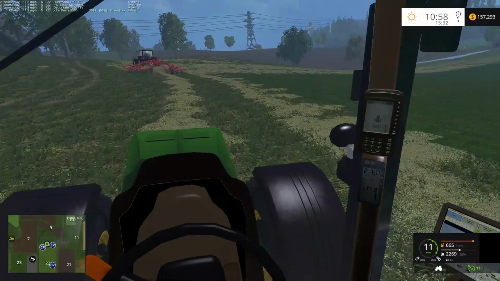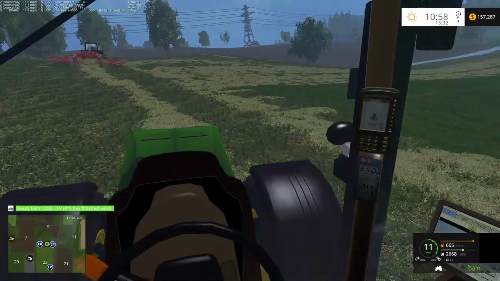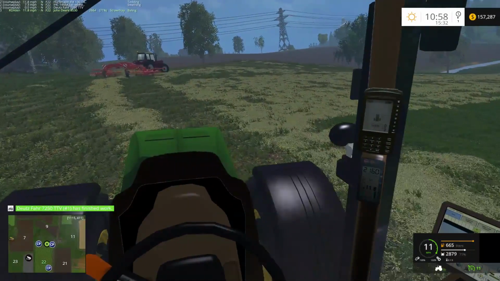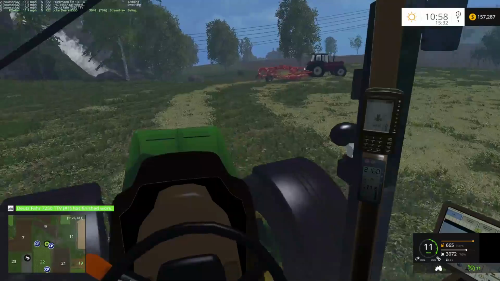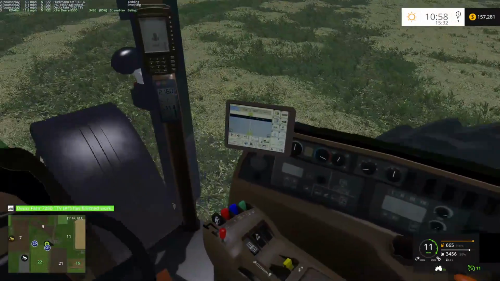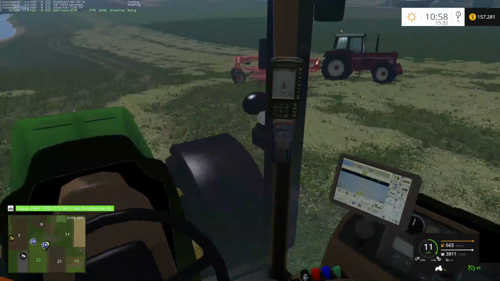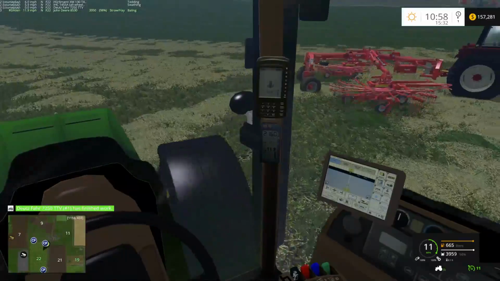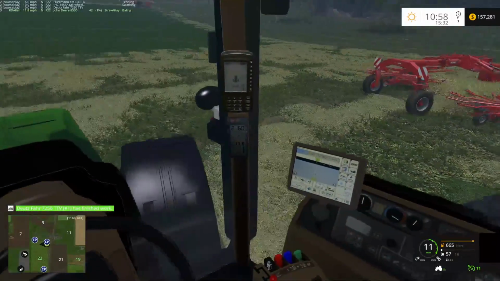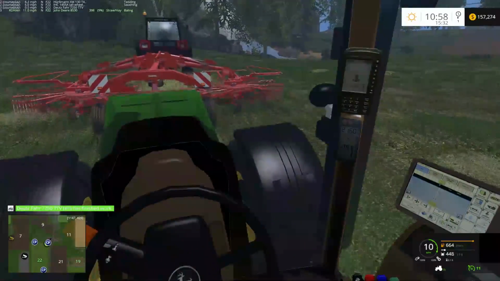Apparently the Glance mod must not update instantly. I'm just noticing the fill percentage up there as I'm baling here. And if you guys notice, it's jumping about 5% or so every time. And if you actually look down on the right there, the percentage is actually going up in a linear fashion. It's not missing anything like...